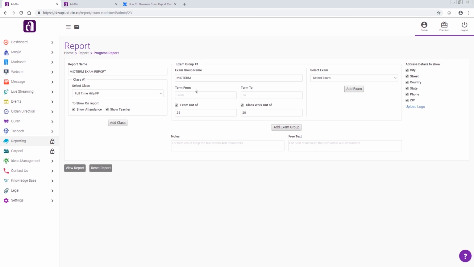So here I'm just going to type midterm because I'm generating the exam report for the midterm. And up here I have some sample data between February 4th until February 8th. I'm going to keep the weighted mark out of 25 for the exam and 20 for the class. And here I'm selecting the midterm exam FP. And up here I'm just going to drop some notes from my clipboard and some free flow text. And I'm simply going to click on view report,